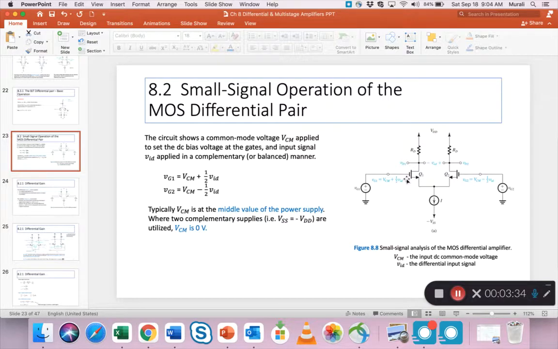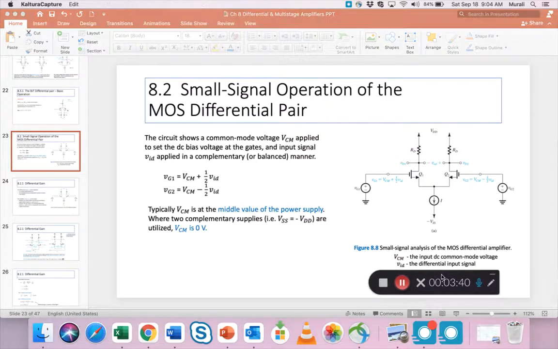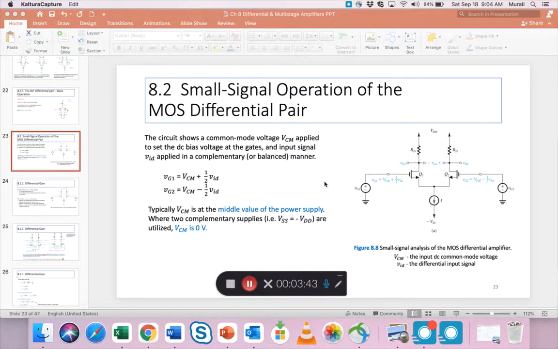Okay. All right. So I am on slide 23 of my PPT on chapter 8, and this is the first slide of topic 8.2, small signal operation. So we see a MOS differential amplifier. We have seen this kind of circuit before, and there are two inputs here. We know that the inputs can be applied in a single-ended fashion or a complementary fashion,